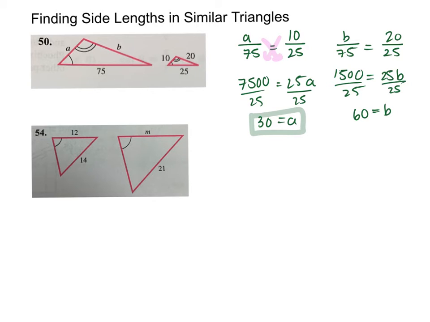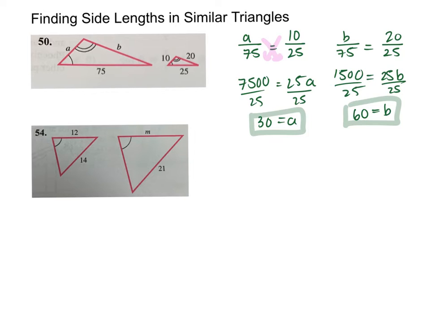And so there we have it. We have our lengths of all sides of this triangle. So this side is a length of 30 and this side is a length of 60. We can do that again here if I want to find this M here. So remember, you want to match up what you're trying to find. So if I'm trying to find M